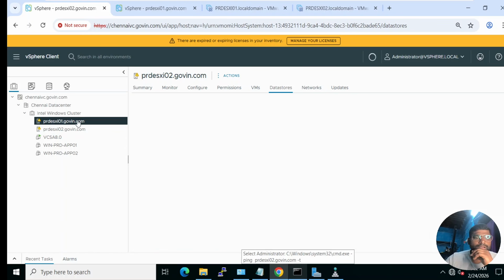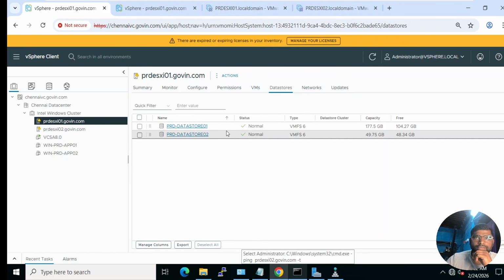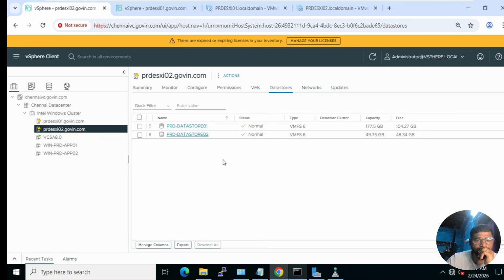ESXi01 is also showing both data stores, and on ESXi02 we can also see both data stores.